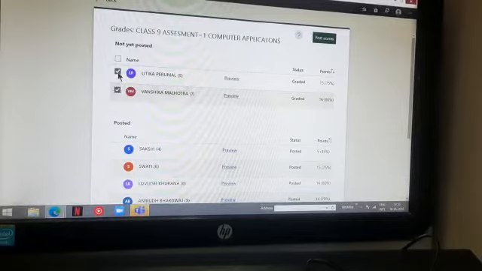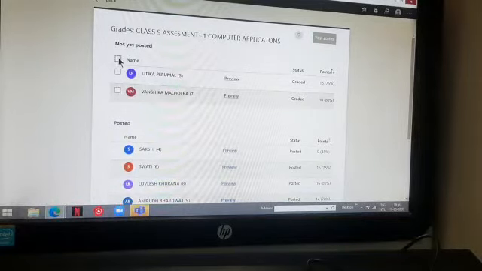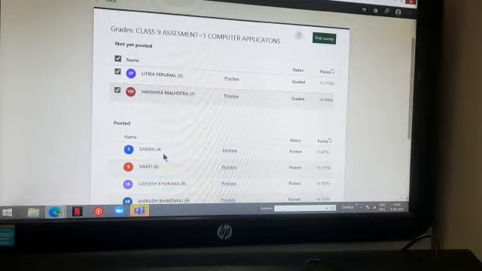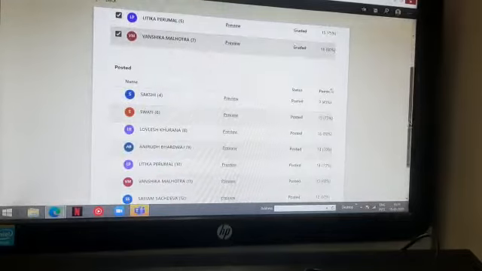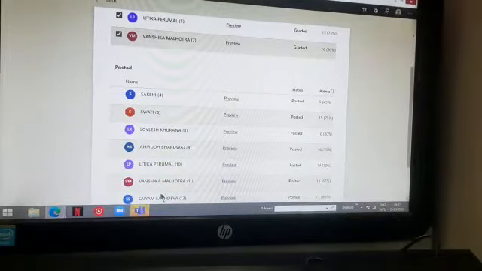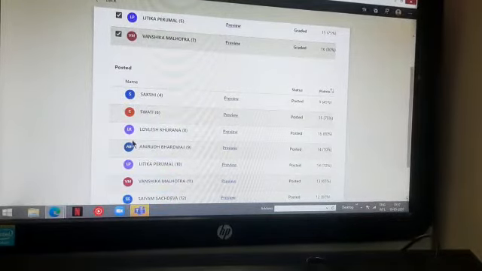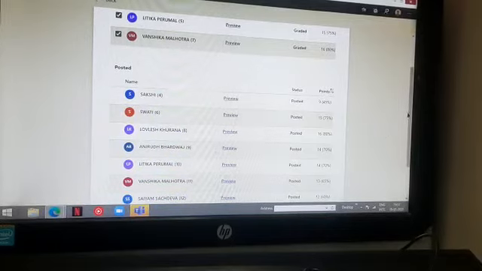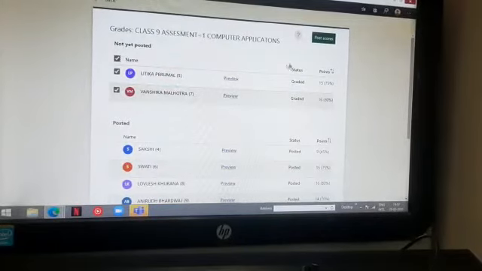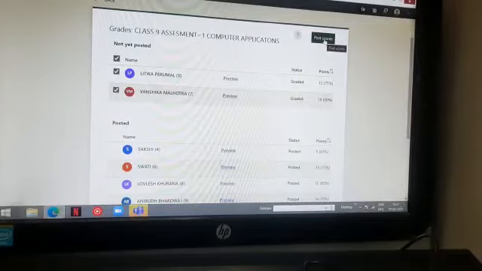I want to send for all, so instead of individually checking these boxes, we'll check over here. All get selected. Here there are only 2 students because I have already posted this result in the morning, and once the result is posted, this is how it is going to come. After you have checked these boxes, you will say post scores.